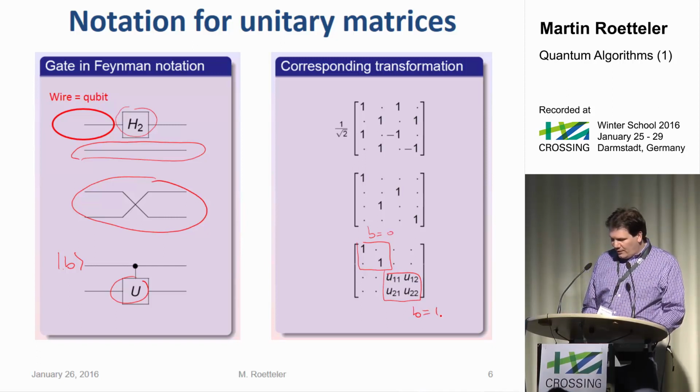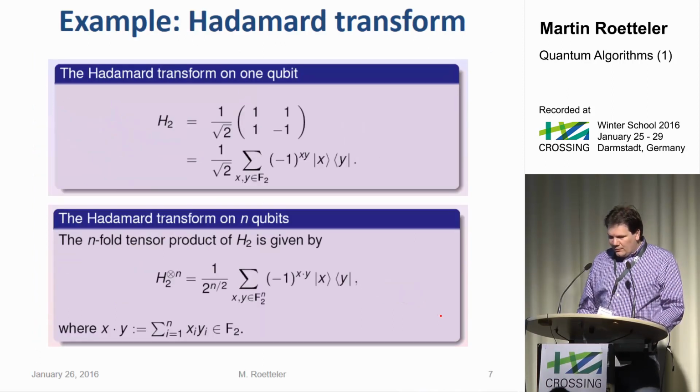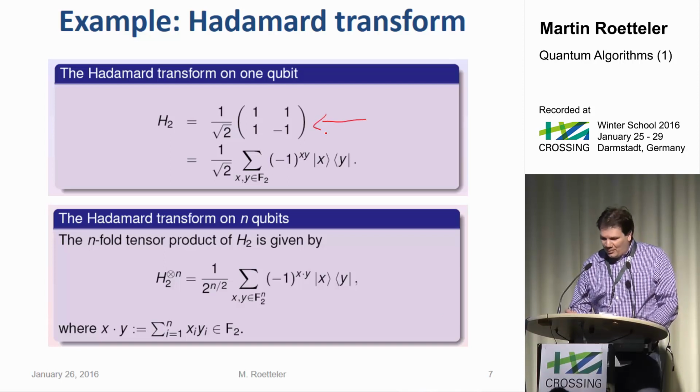Those are very useful to build up bigger unitaries. We have these control operations. For more examples, we saw the Hadamard transform yesterday. You can write down the unitary matrix like this. You can also write down the so-called bra-ket calculus, very popular in physics. It's just vectors really. These are vectors and these are covectors, so linear forms.